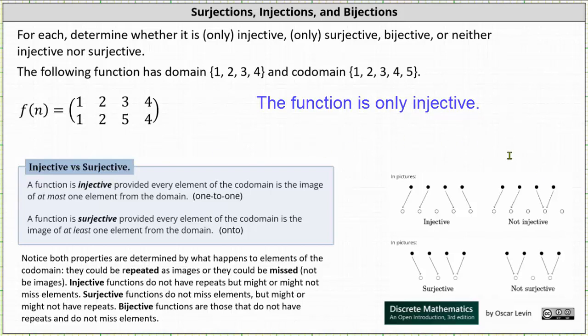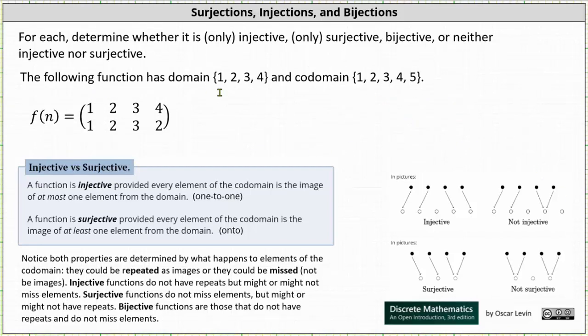And now let's look at the third example. The domain is a set containing the elements 1, 2, 3, and 4, and the codomain is a set with elements 1, 2, 3, 4, and 5. Well, because we have 5 elements in the codomain and only 4 elements in the domain, there's no way the function can be surjective because there's no way every element of the codomain is an image of at least one